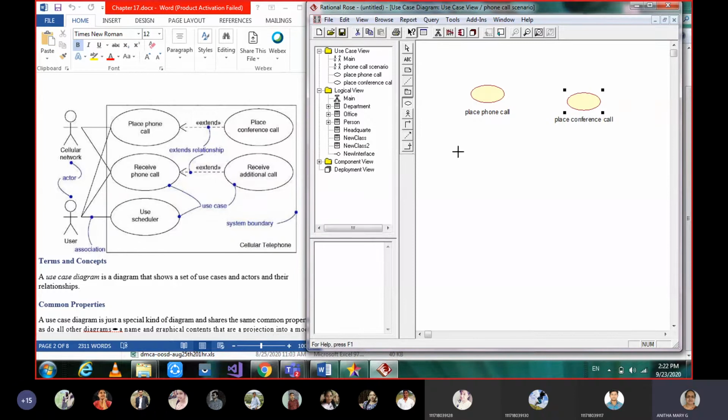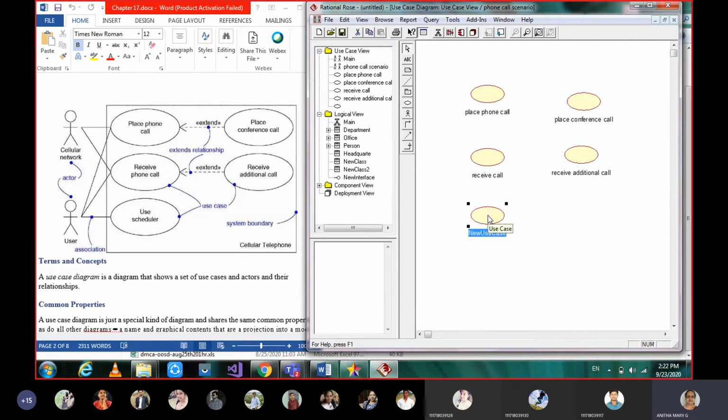Then receive call, and then receive additional call, and one more, use schedule.